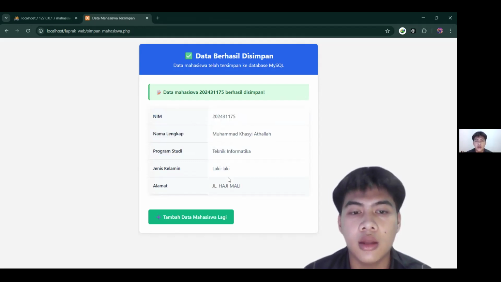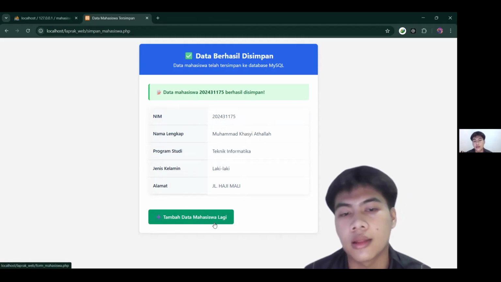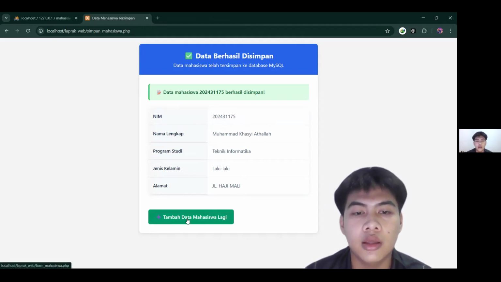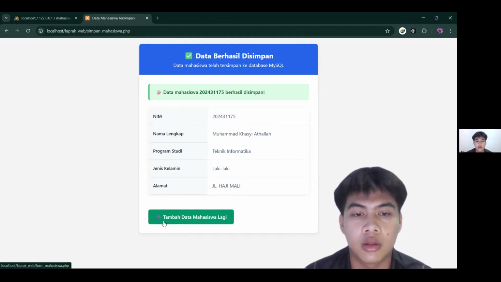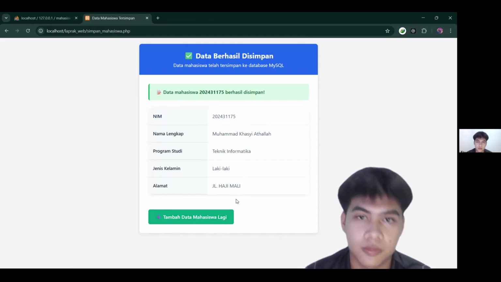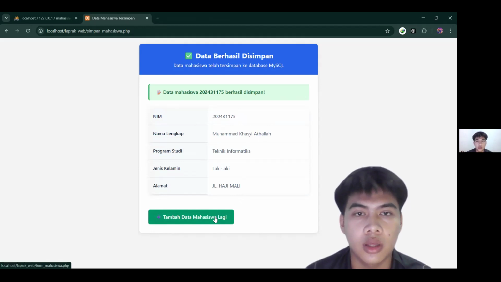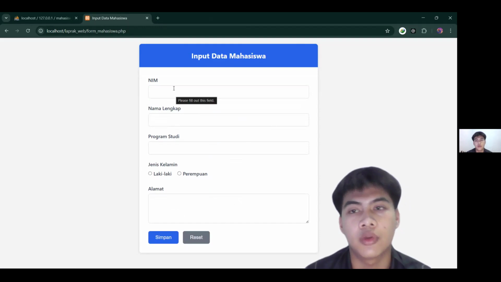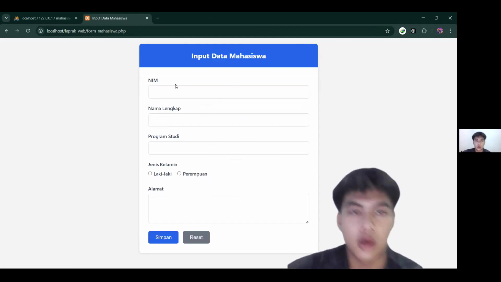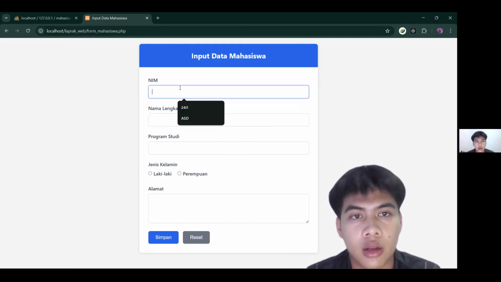And then we can add more data by clicking this button named tambah data mahasiswa lagi, or add more mahasiswa data. Okay, when we click it, we go back to the input data mahasiswa form and we can input again.